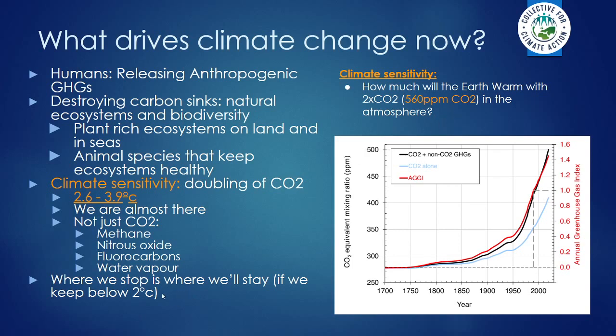But luckily, research coming out really recently has said that where we stop is where we stay. So it really adds weight to the idea of net zero, because once we get to net zero, the environment will be able to work a bit more easily, just taking up carbon dioxide, because there'll be less of it going into the atmosphere. It can start doing its job, growing trees and circulating the ocean to pull CO2-rich surface water down to the bottom of the oceans. So that's really, really positive.